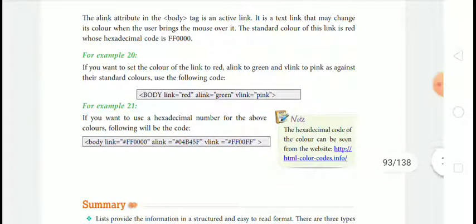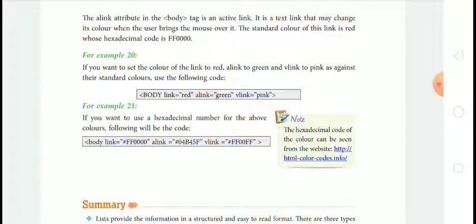The alink attribute in the body tag is an active link. It is a text link that may change its color when the user brings the mouse over it. The standard color of this link is red, whose hexadecimal code is given.